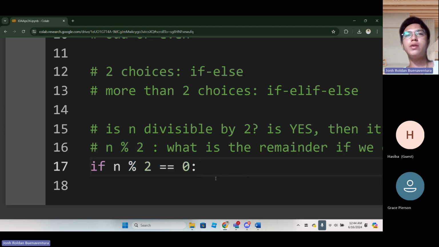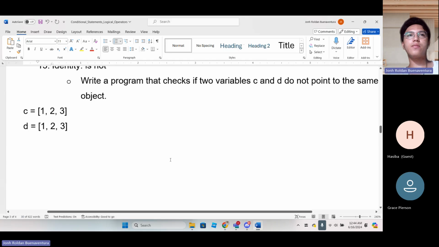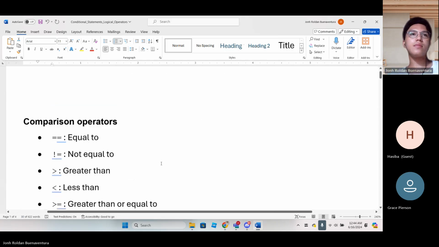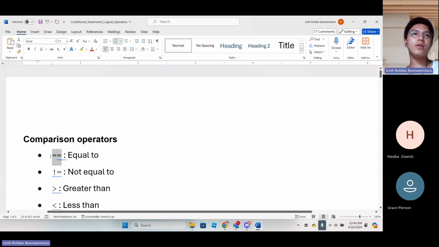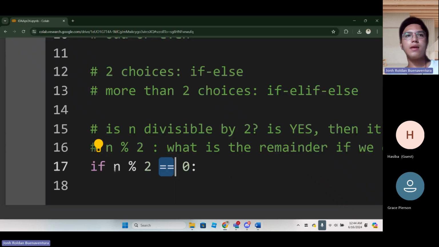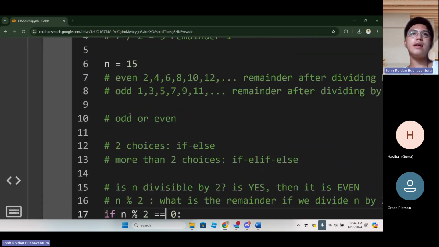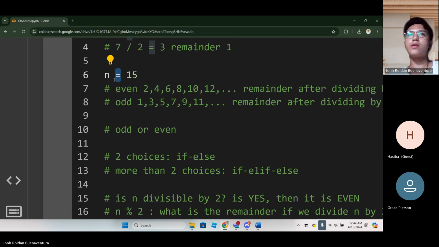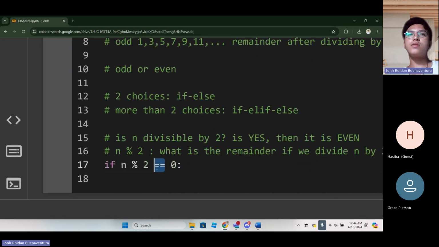Remember, we can express equality in Python using the double equal sign. The double equal sign is used to define equality in Python. The single equal sign is used for defining variables. So the double equal is the equality symbol in Python.